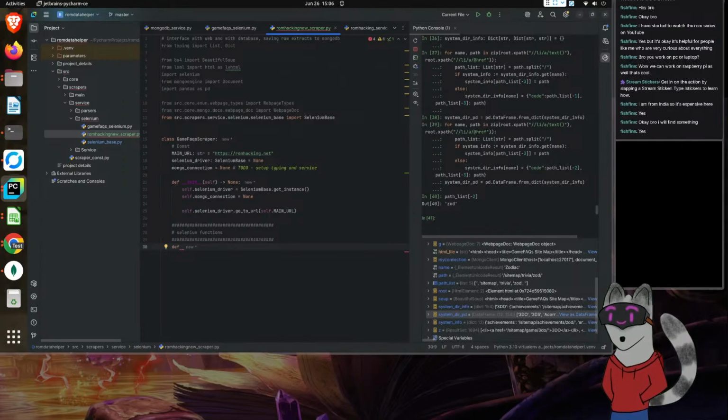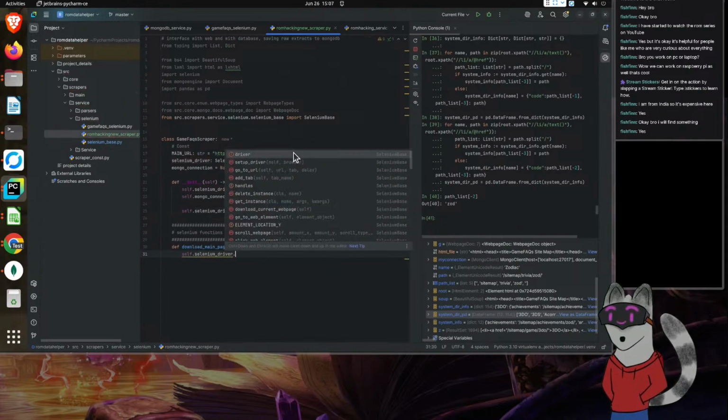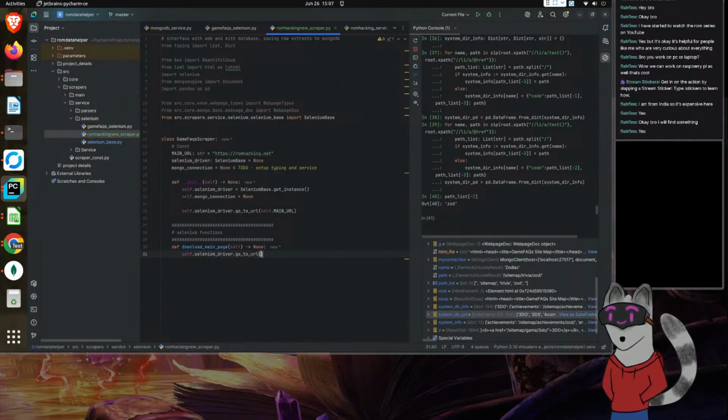So this will be download main page. In this particular case, we just simply will go to, this won't do anything. And then from here, we'll just simply go self.selenium driver, go to URL. This will be our main URL. Once we do that, we'll wait a few seconds.